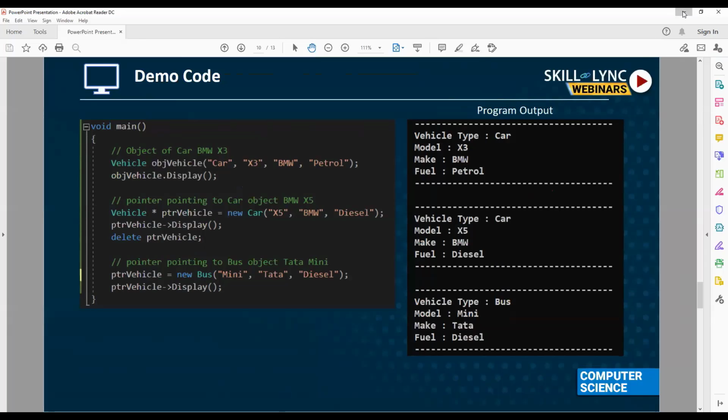See, whatever code I explained to you, I have written over here. This is Visual Studio. Everyone can install the Visual Studio Community version. It is free for all users, and it is the editor most industries use for their regular programming.